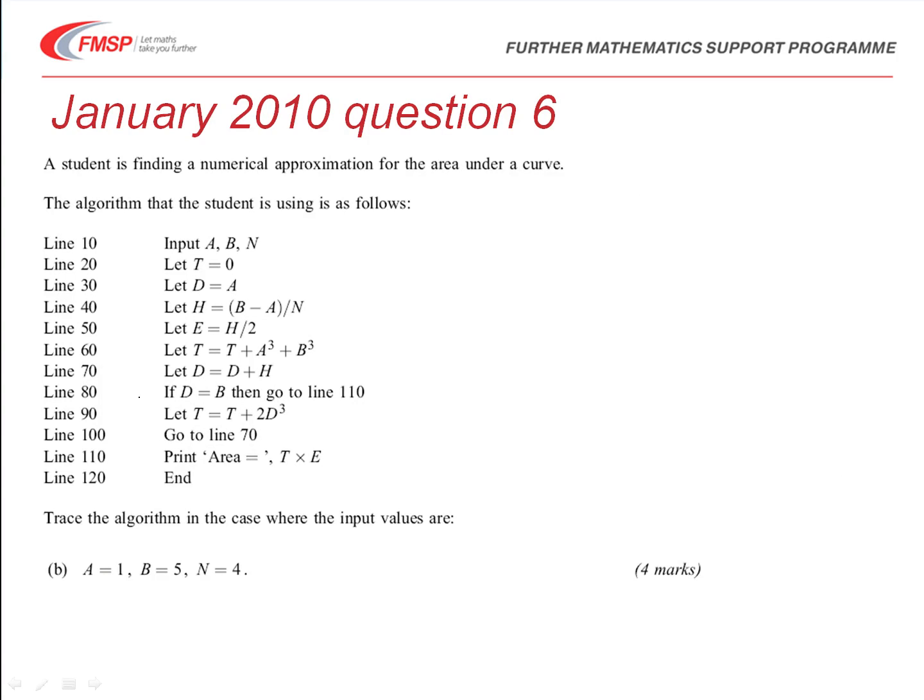Right, in part B, what happens now? Well, we've got a new set of values to work with. So once again, we need to trace through with these new set of values. So, as before,